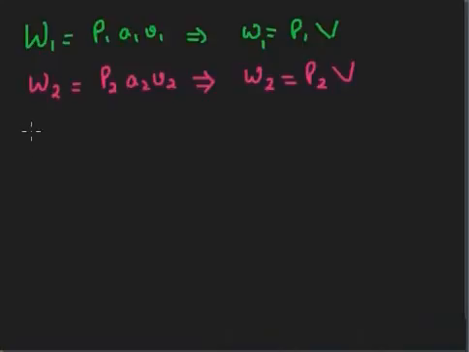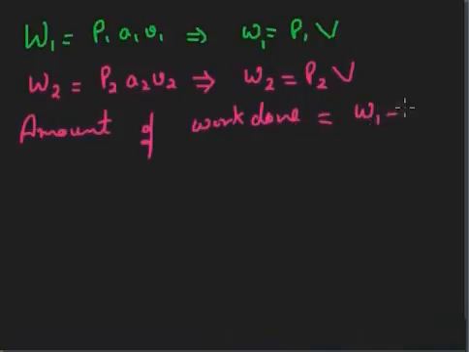So the amount of work done will be equal to W1 minus W2. From here you will find that this amount of work done, delta W, will be equal to P1V minus P2V. Clear? Till here any doubt? No, I think it's very clear. After this,